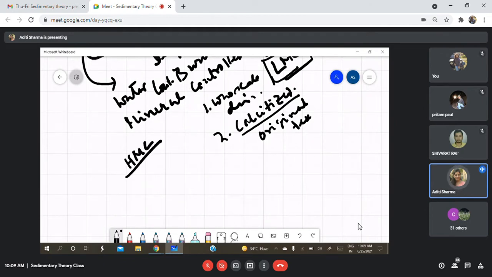What will that do? As we know, the high Mg calcite is essentially a calcite with some high Mg, and that is more than 4 mole%. In the calcite structure, if I get the Mg, then I call it a high Mg calcite. Now, this high Mg calcite, that is basically how it will be changing.